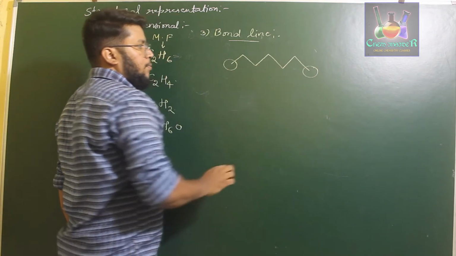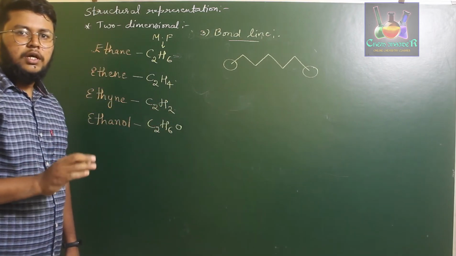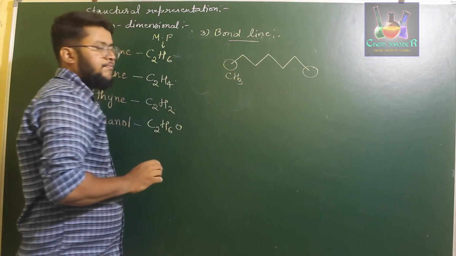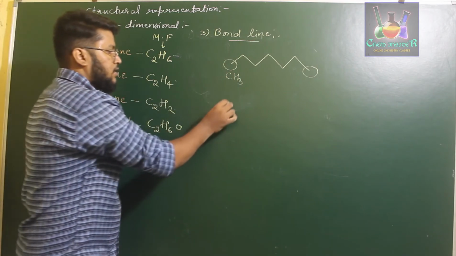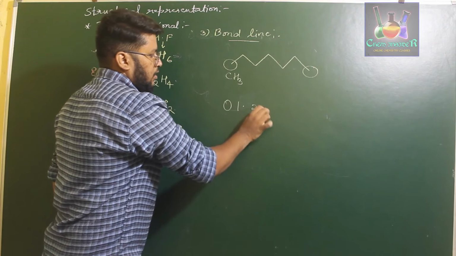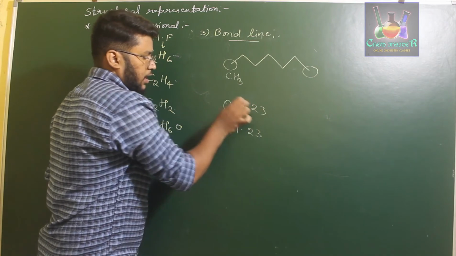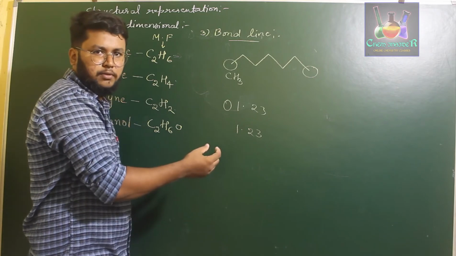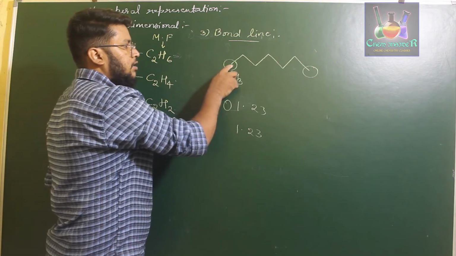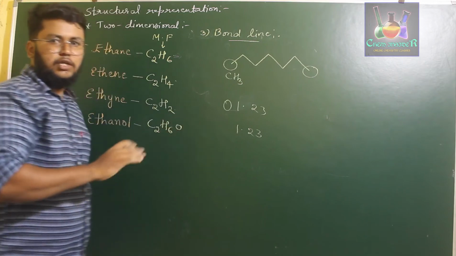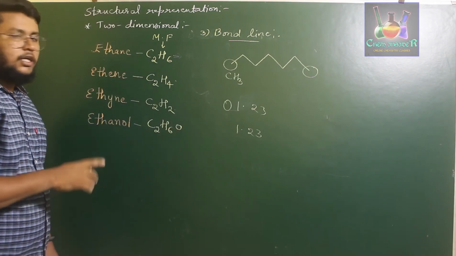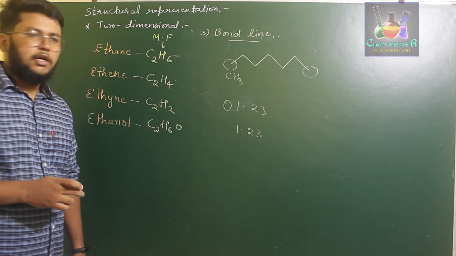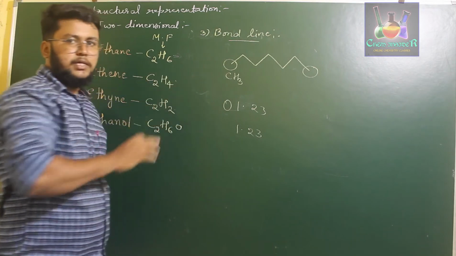If there are no groups present at the terminal position, that means it is nothing but a CH3 group present there. For example, if you consider 1.23, it can also be denoted as 1.23.0, right? If there is nothing over here, it indicates there is a 0 present. Similarly, if there are no atoms indicated on the bond line structure at the terminal position, that clearly means that there is a CH3 group present.